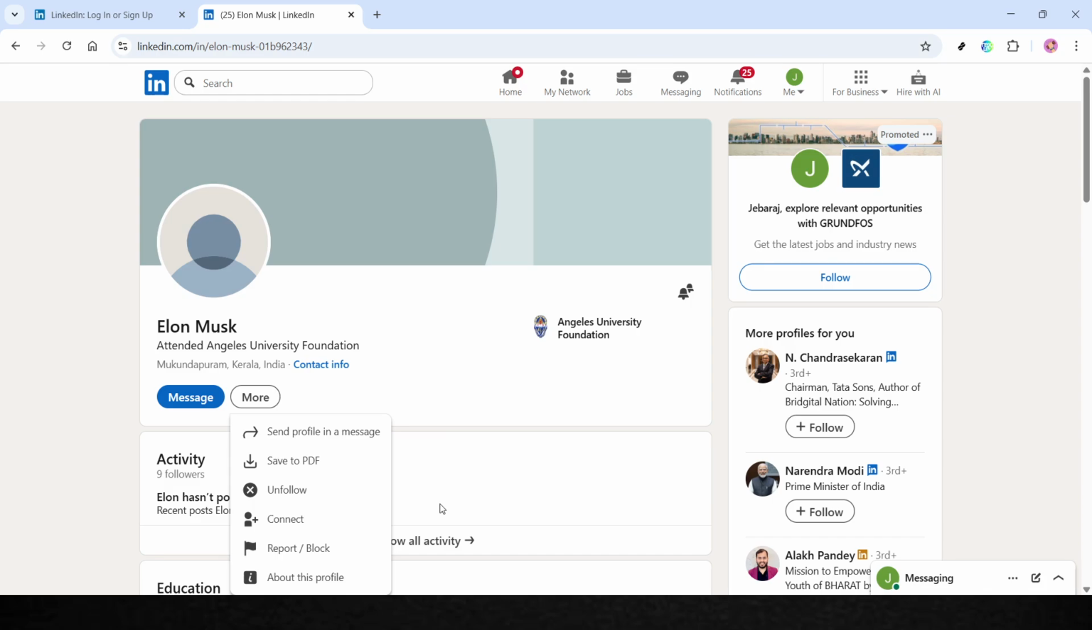Remember, being proactive and thoughtful in your LinkedIn interactions can make all the difference. By following these steps, you can navigate around the absence of a direct connect button and extend your professional network seamlessly. This approach not only helps you connect more effectively but also ensures you maintain a proactive and engaging presence